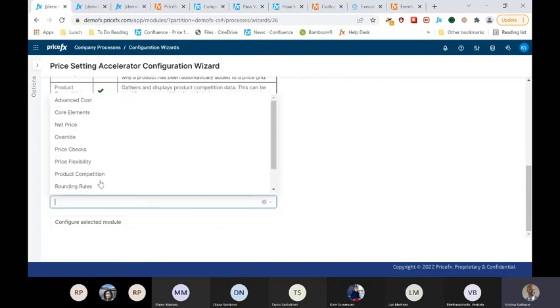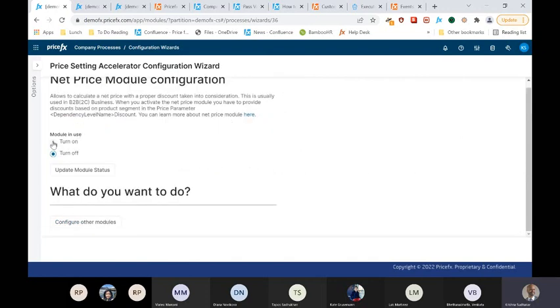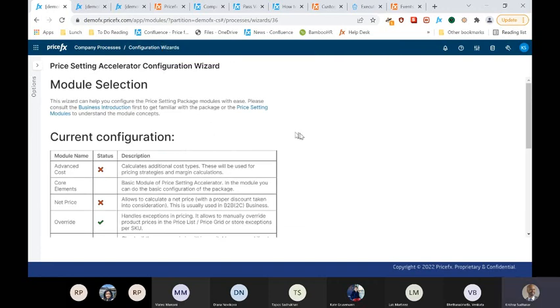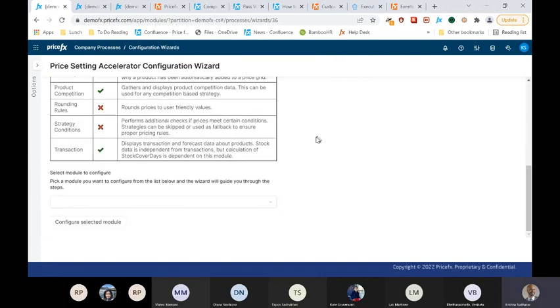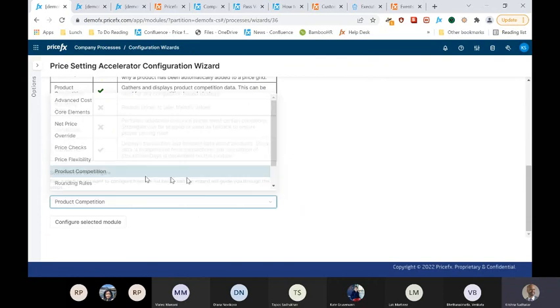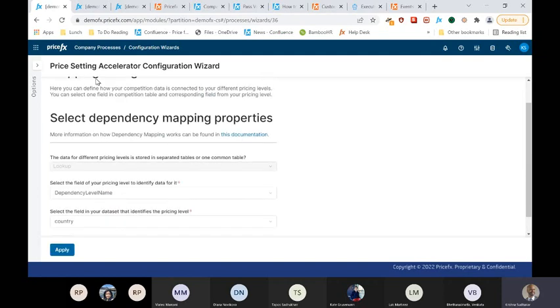So you can set up basically an HTML portlet with that readout. You can add this input on it. This will ask us what we want to make modifications to. We're going to change our net pricing, go to configure module, and you can turn it on, turn it off. This view is very simple, and what we're changing here is very simple, but the capability of the feature gives you a lot of options because you can use just about anything if you're using HTML and sort of feed that information in here